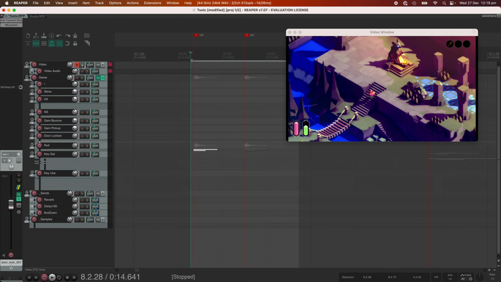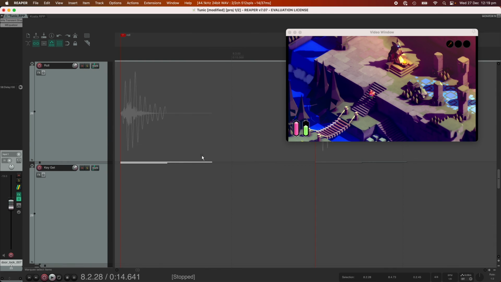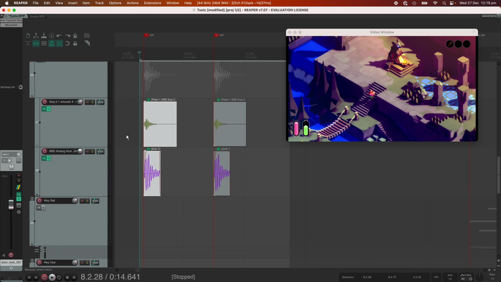All right, next, the sound of your little fox rolling. That's the original, and here's mine. I mean, it's virtually indistinguishable, really. We use different whoosh samples, but besides that, not that much difference. There's actually two layers here. One is that whooshing sound,